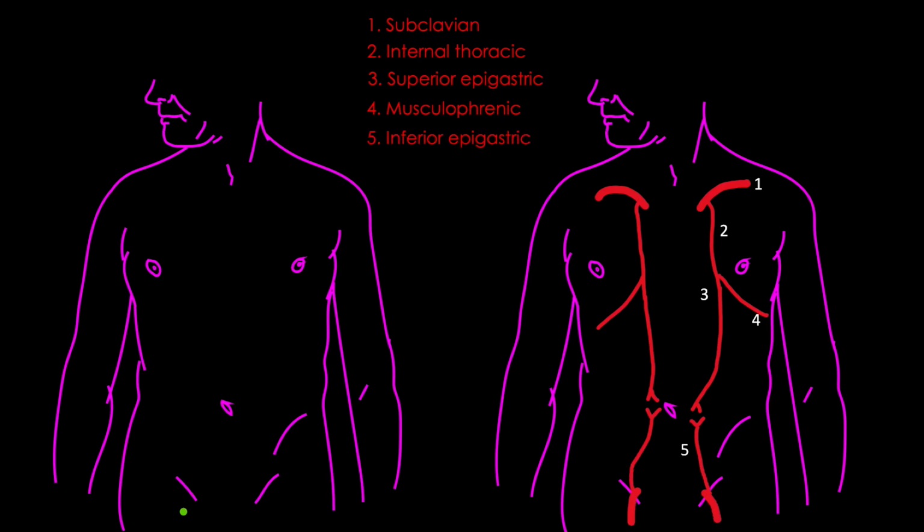Now this superior epigastric artery and the inferior epigastric artery, they are running in my rectus sheath. And what is the rectus sheath? It is an aponeurotic layer of three muscles: external oblique, internal oblique, transversus abdominis muscle. And then they are wrapping around my rectus abdominis muscle, and these arteries are running within that sheath, and they